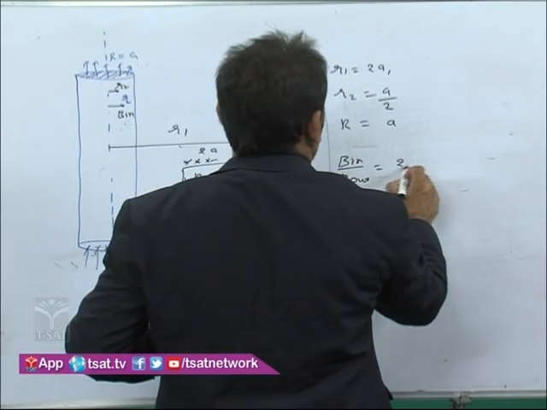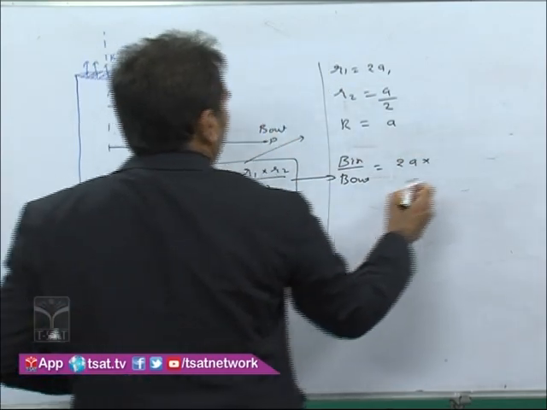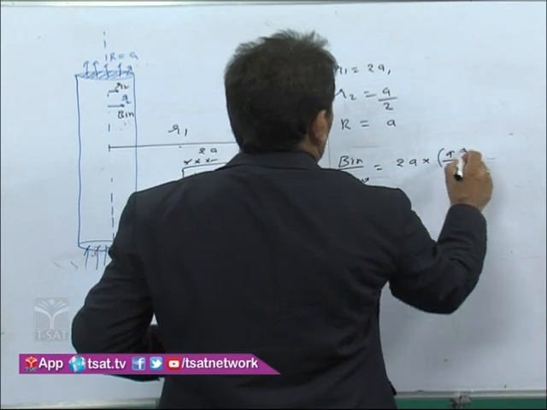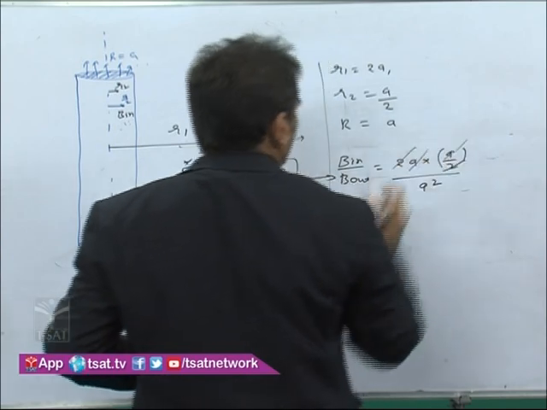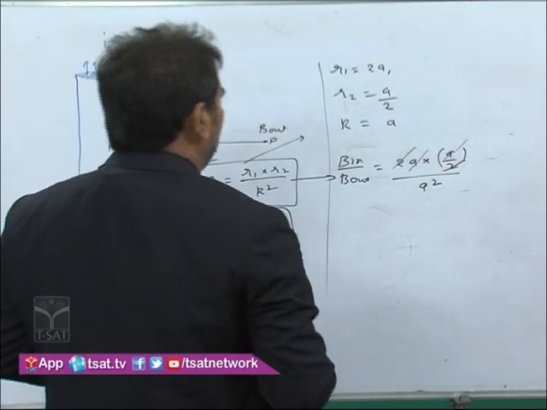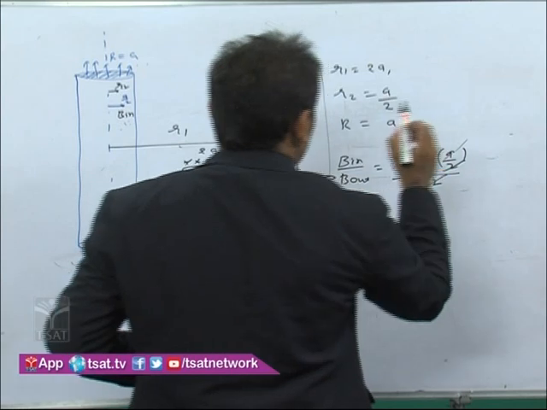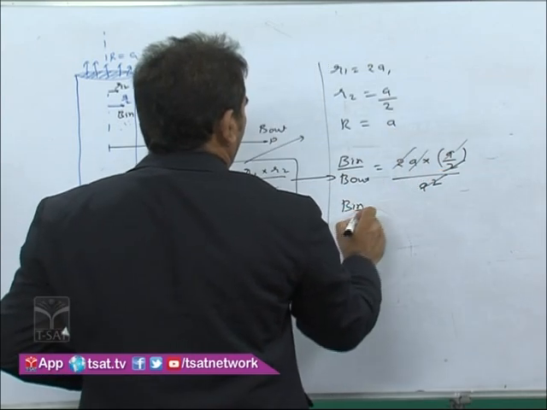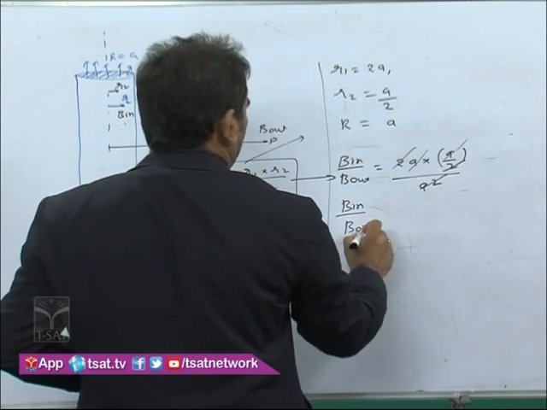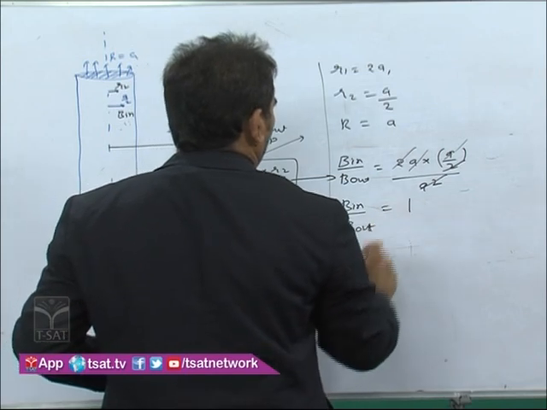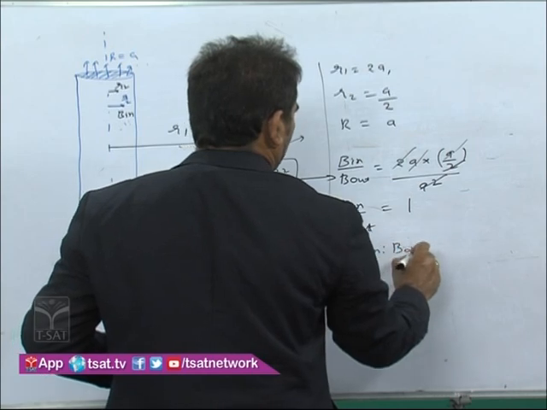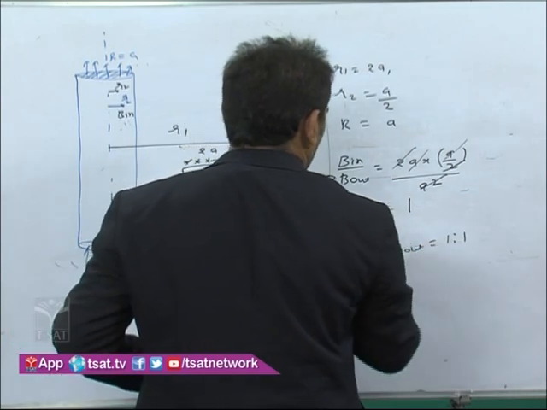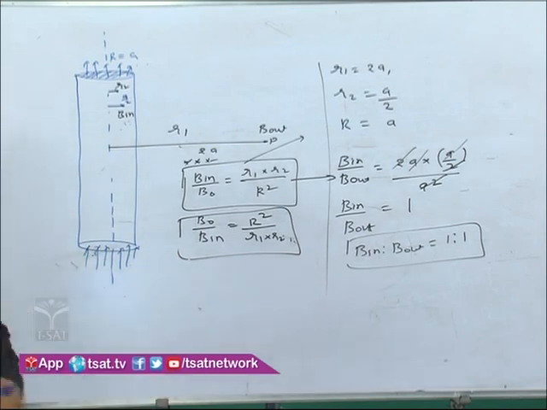R1 means 2A into R2. R2 means A by 2 and R square means A square. Therefore, the 2 gets cancelled, A into A by 2 and A square also get cancelled. B in upon B out is equal to 1. So B in to B out is 1:1. This is a very, very important model. Next application is